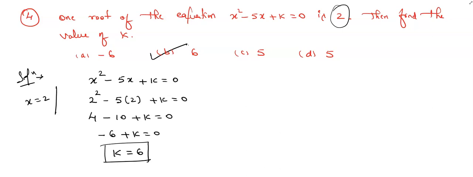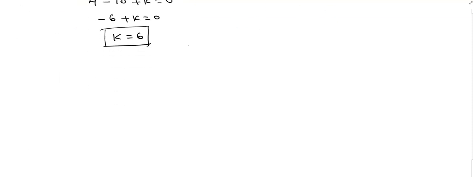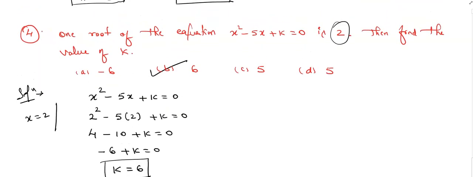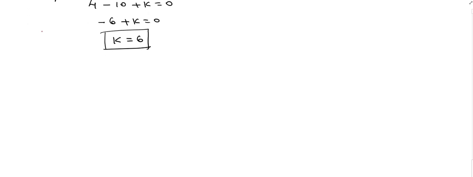Okay, they have given one root. One root means they have given the value of x. Be careful. They have given the value of x. So substitute this x value in this equation and find the value of k. So this is one type of question. Is this clear? So this also belongs to your basic topic. Got it? So this is problem number 4 we have completed, right?